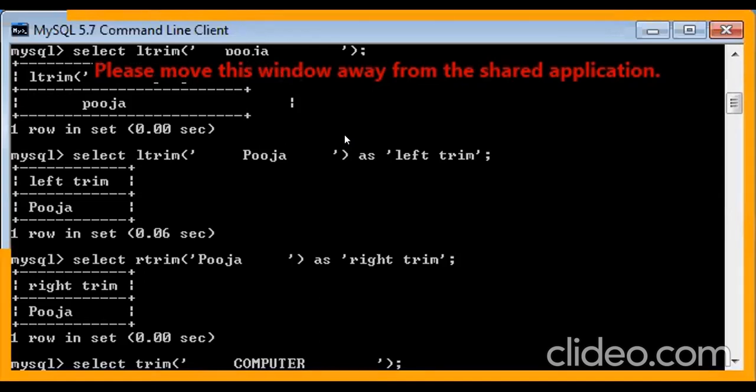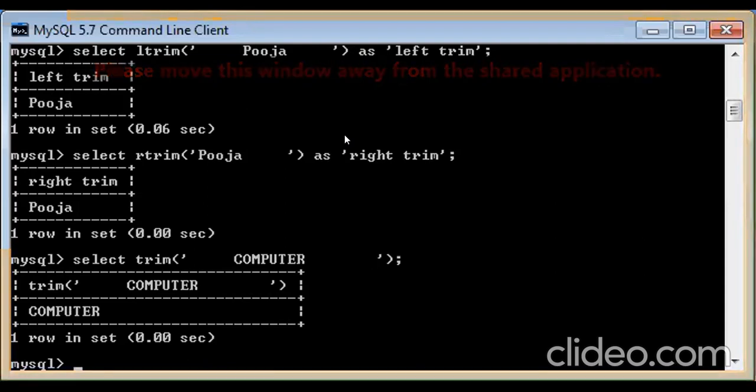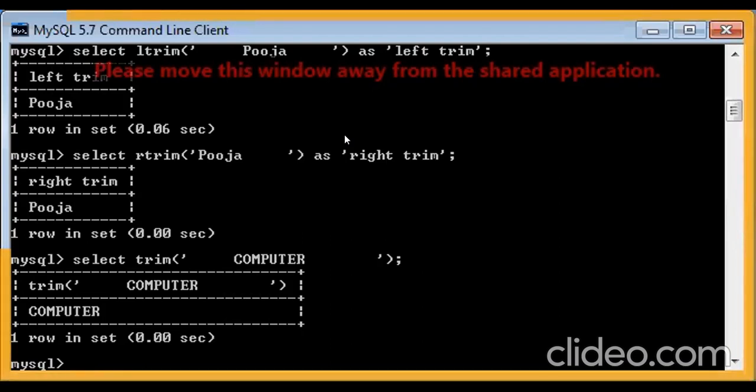I have just specified the trim. So it would work like this. Both of the spaces will be removed using trim. You can remove the spaces which are just before the string, and you can remove the spaces which are just after the string. So in that way, you can use your trim function.